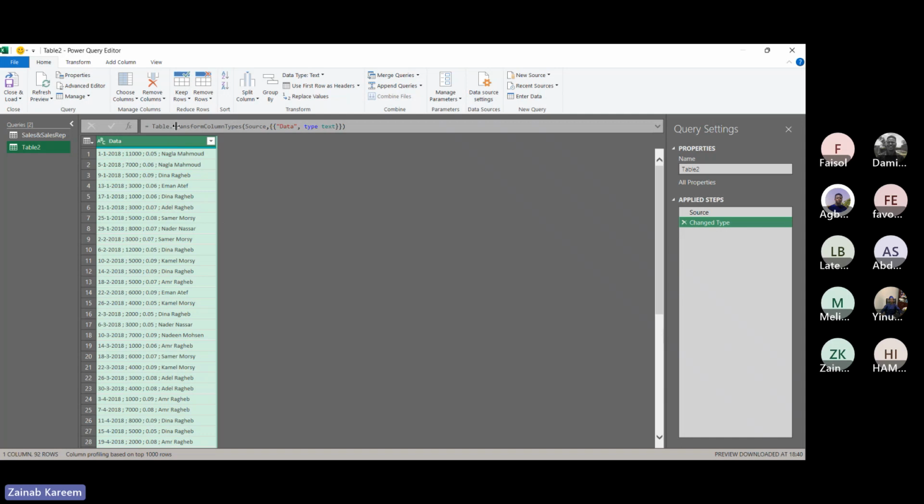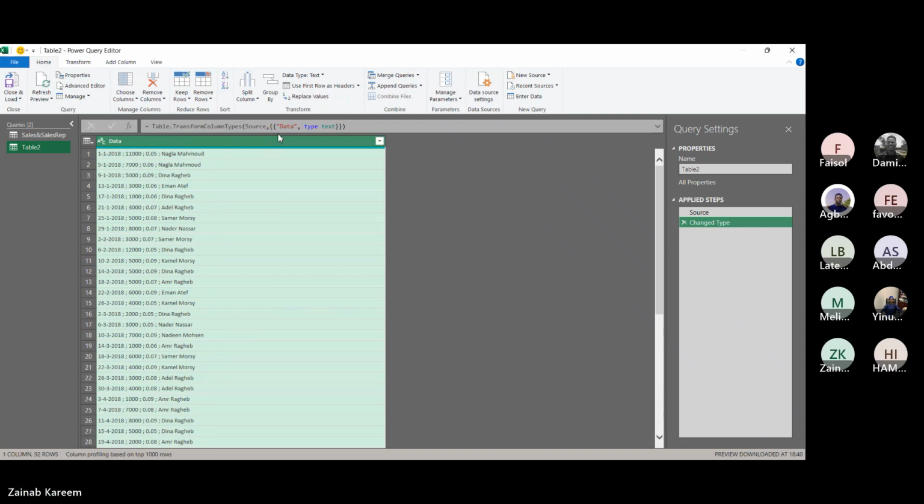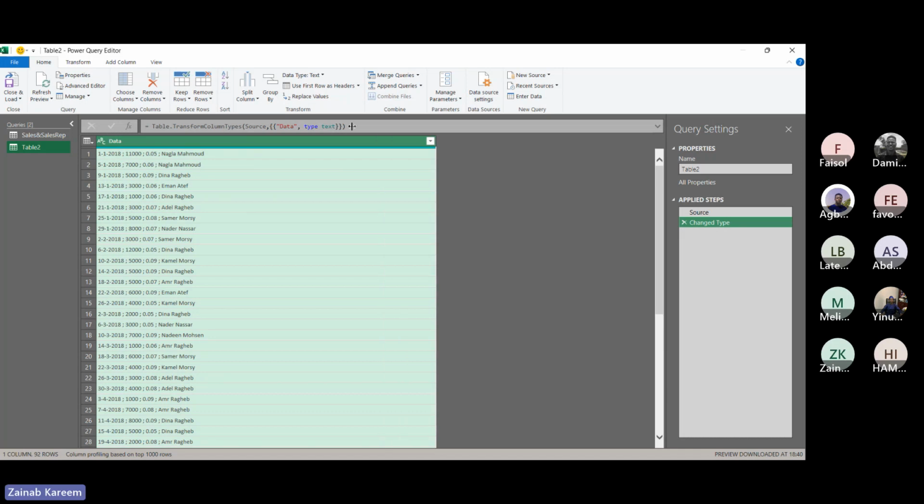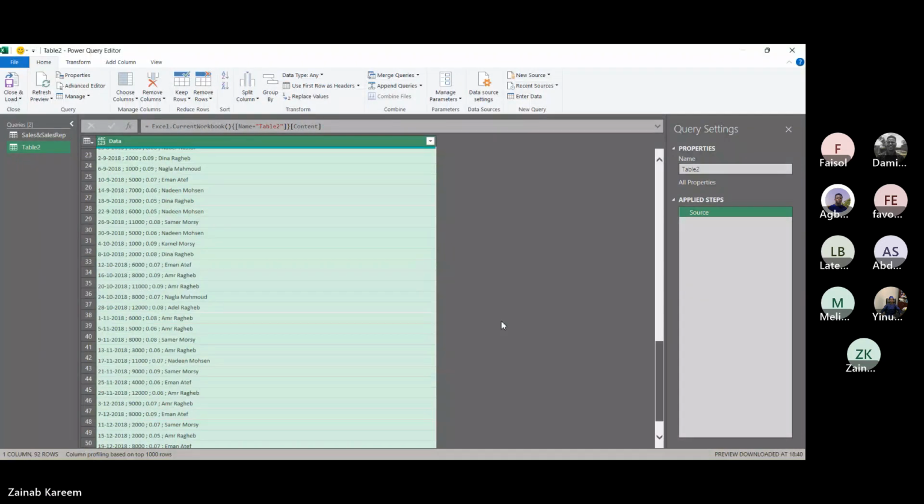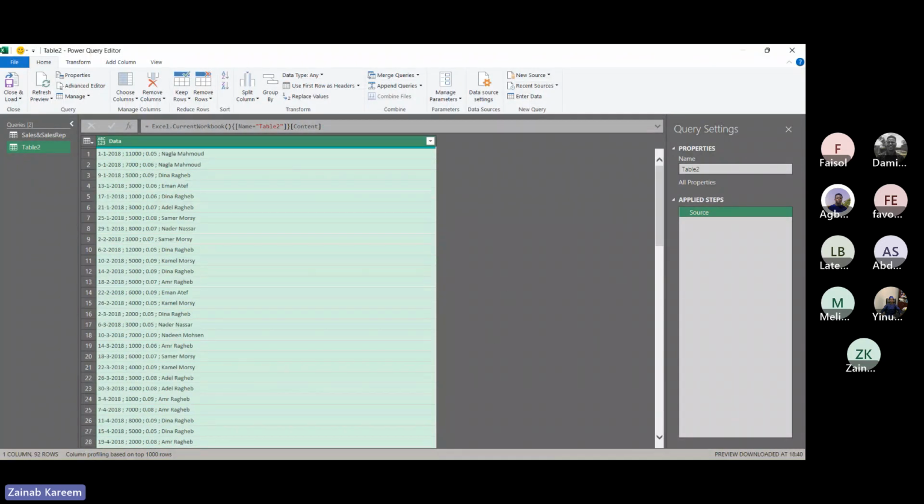So all we have to do now is clean this data set. And like I said, everything I do in this editor is going to be recorded right here. So let me remove Changed Type. Right, so this is from the beginning. So to clean this data set, the first thing I